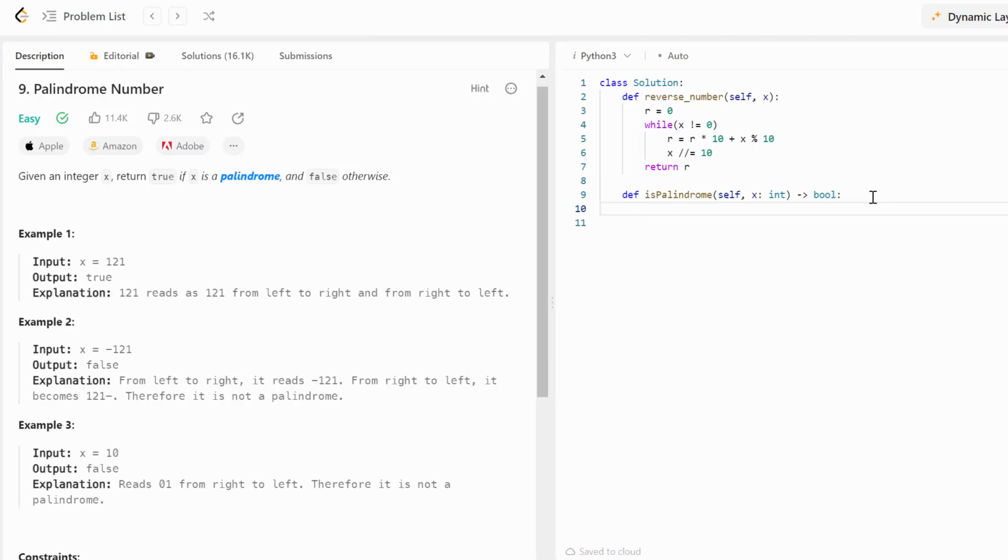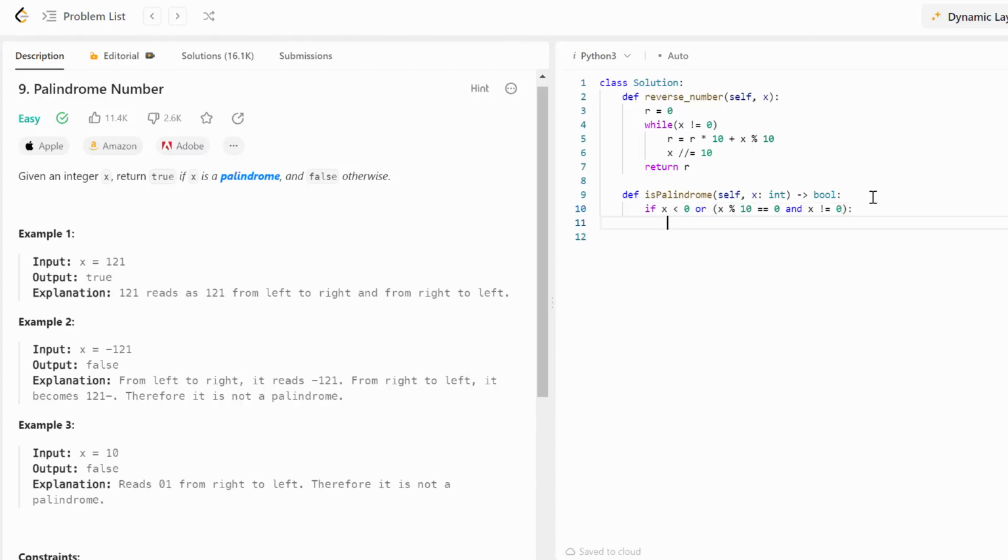Okay, now let's write our main function is palindrome. As you remember from the examples, we know that if x is less than 0 or x is divisible by 10, so it means that remainder of the division x by 10 is equal to 0. But don't forget that x shouldn't be 0 itself, because remainder of the division 0 by 10 is of course 0, but 0 is a digit, so it's still palindrome.